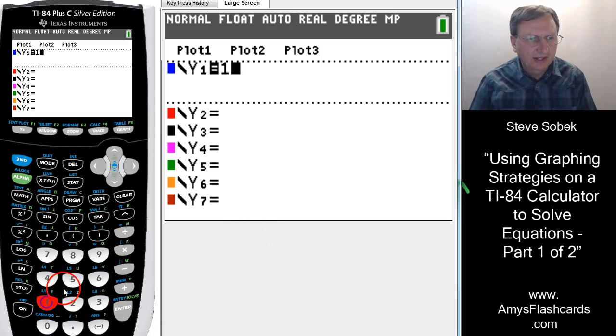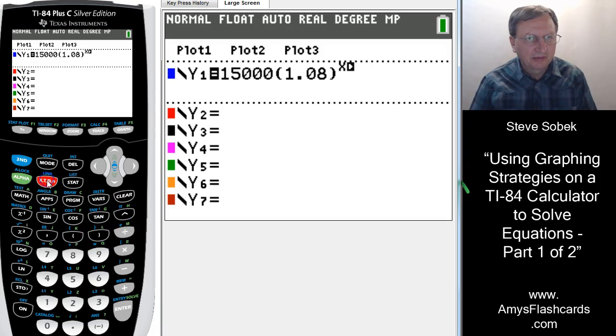We want 15,000 times the quantity 1.08 raised to the x power. Hit the right arrow key to get out of the exponent. Minus 45,000. And before we hit enter, let's make sure that